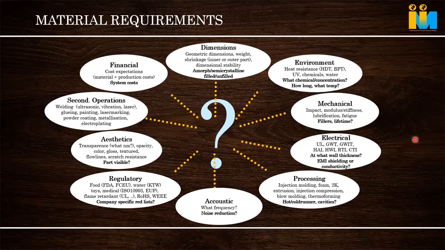And painting: if we have to go for painting, most of the amorphous materials are good for painting, because painting initially is a chemical attack. For paint to stick to the surface of the part, some amount of chemical attack has to be done. If no reaction is happening, the paint will just peel off. So amorphous materials, ABS, PC and all, are better and easy to paint. But a bumper is also painted, so a lot of pre-painting operations have to be done to make it paintable in the case of crystalline material.